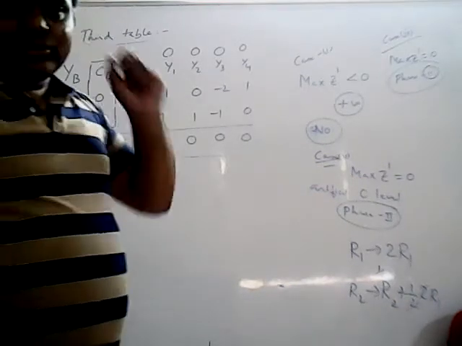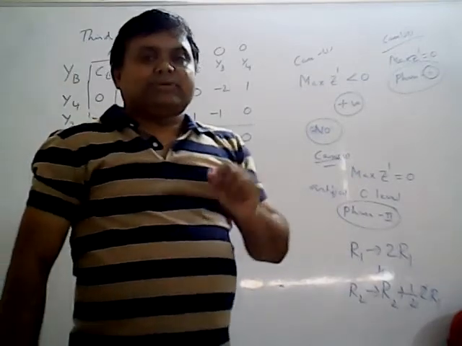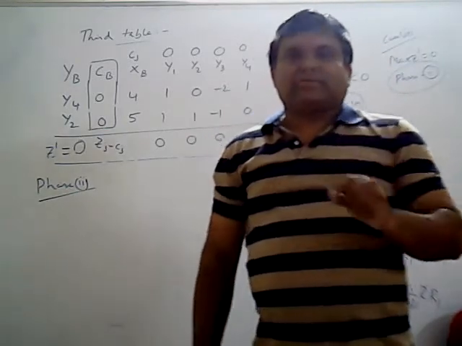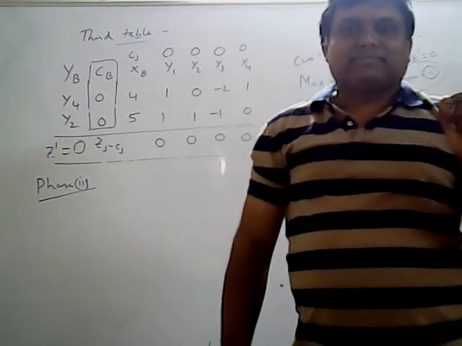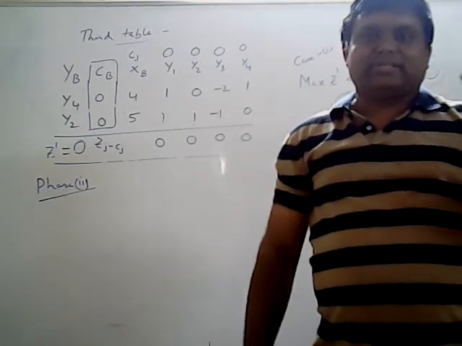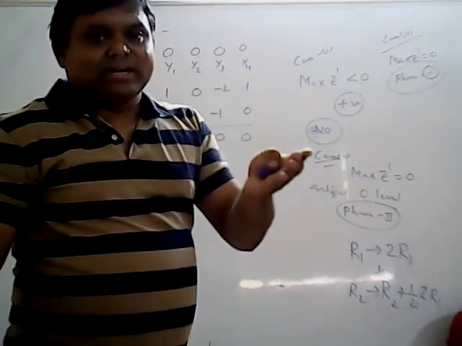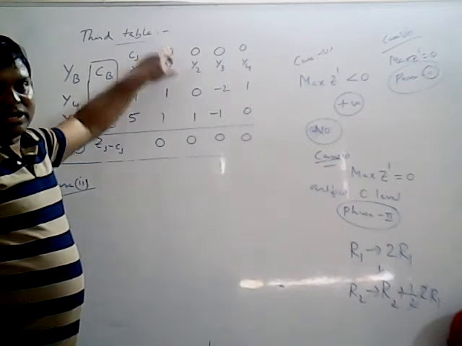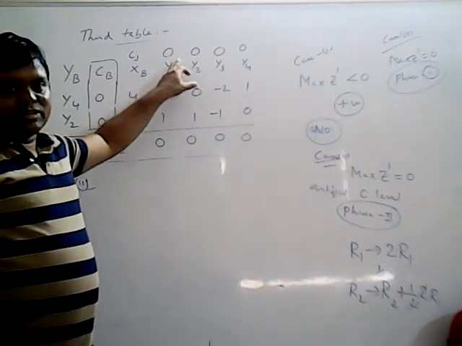In phase 1, you took all original variable costs equivalent to 0. I think you remember what we did in phase 1. We considered all the original variable costs equivalent to 0 except the artificial variables. That's why you took maximum z dash equal to only minus x5 minus x6. But the maximum z star function is minus 2x1 minus 3x2. The actual values are minus 2 and minus 3, but you considered 0 in phase 1. Now in phase 2 you have to consider the original values: y1 is minus 2 and y2 is minus 3 in this problem. In phase 1 you put 0.